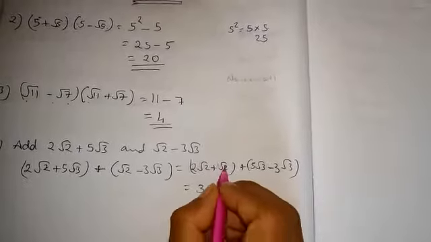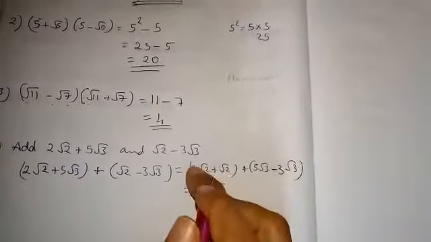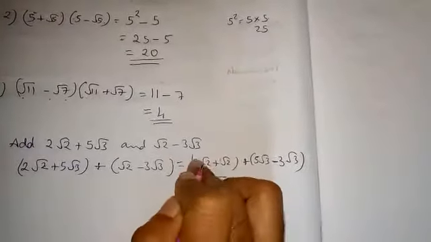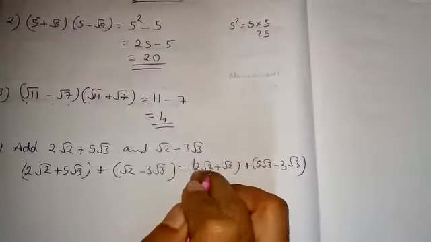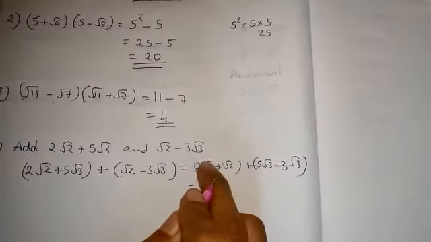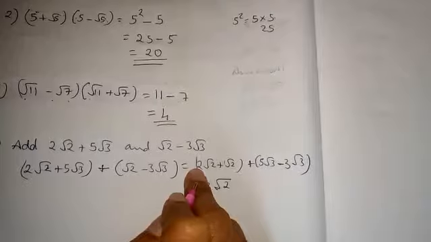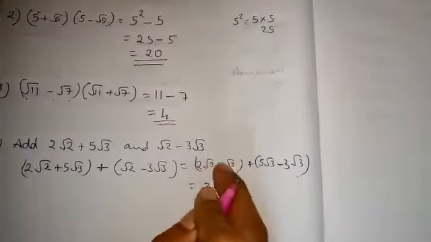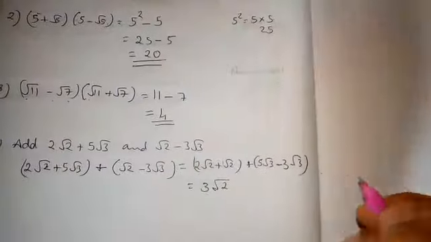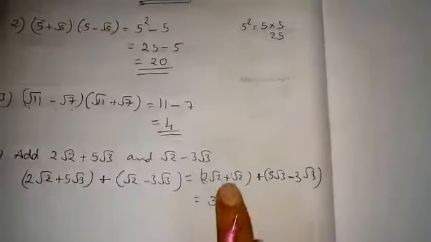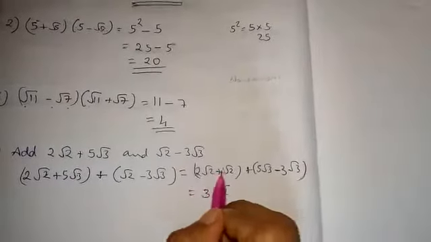3 root, this we cannot add, we should write 2 only. Only the constant numbers, the numbers outside the square root, you have to add. Not this, we cannot add. Root 2 plus root 2, root 4, like that we cannot do. You have to write root 2 itself. Only the numbers you have to add.